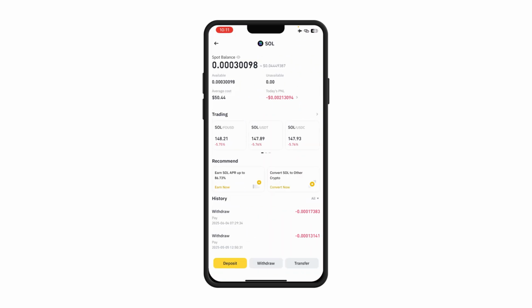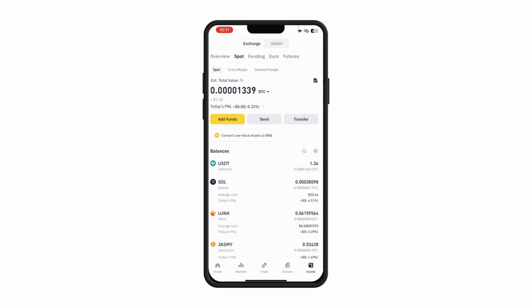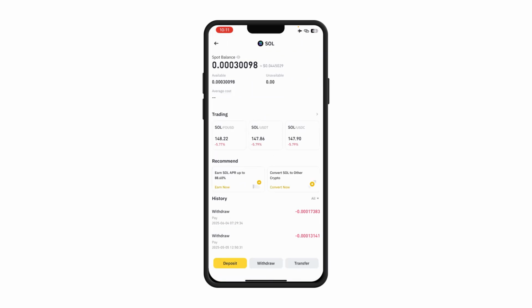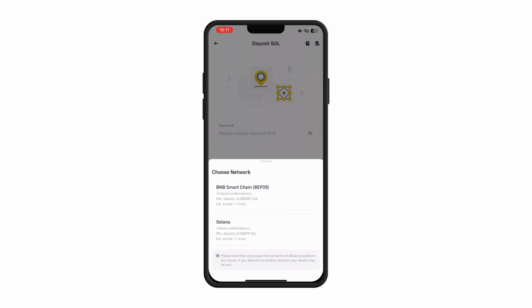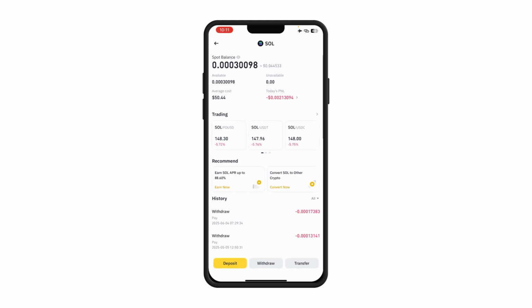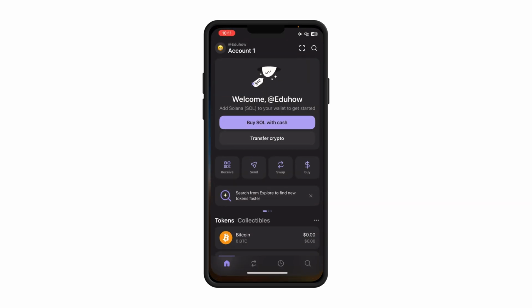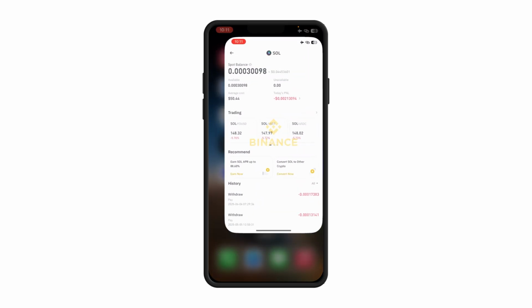right? If you don't have some SOL, just come on here, type in Solana, right? From the search option, type in SOL, click on it, click on Deposit, choose Solana, right? If you choose Solana, you're going to be able to deposit, right? But if you want to withdraw, that is, if you have copied your Solana wallet address from here, open your